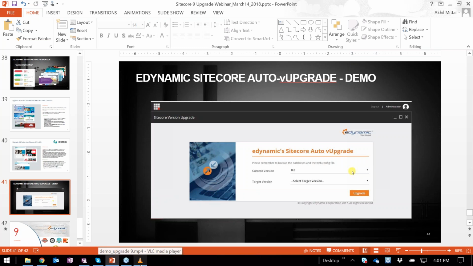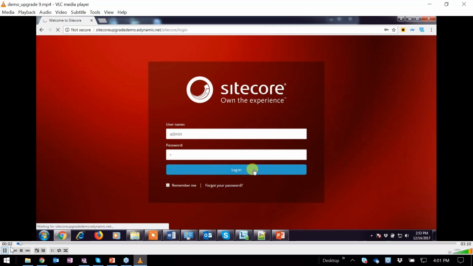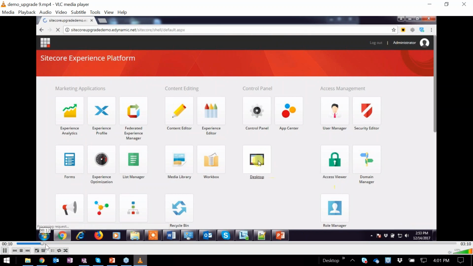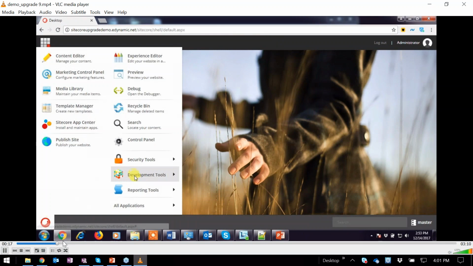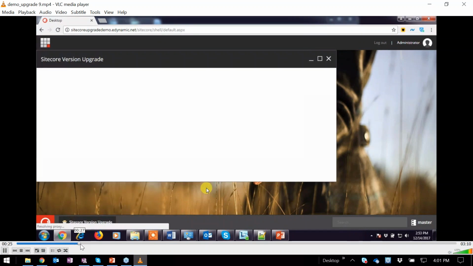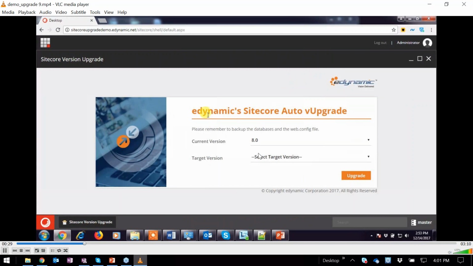Oh yeah, if we have a few minutes, I can just quickly showcase the upgrade tool that I was talking about. Just give you a quick glimpse of it. The way it happens, it is installed on the instance, and I'm just skipping a couple of steps here. So once we install it on your instance, we see the Sitecore upgrade tool on the environment. And there you go. So it automatically detects what the current version is, and we can select what should be the target version we want to go to.